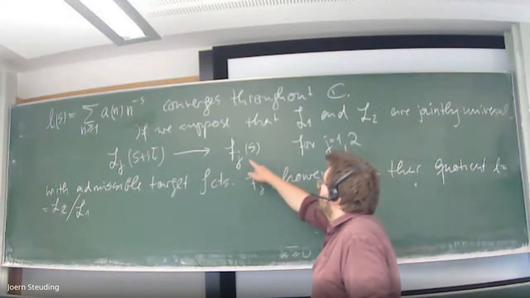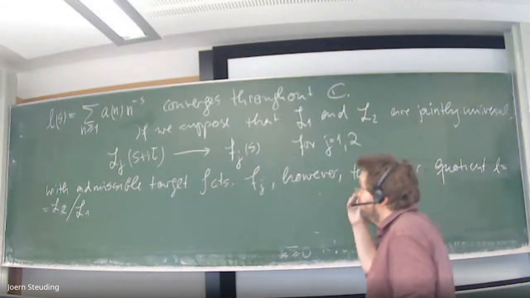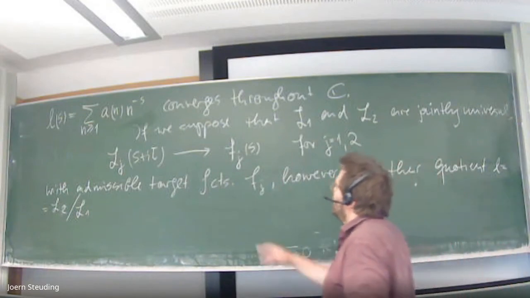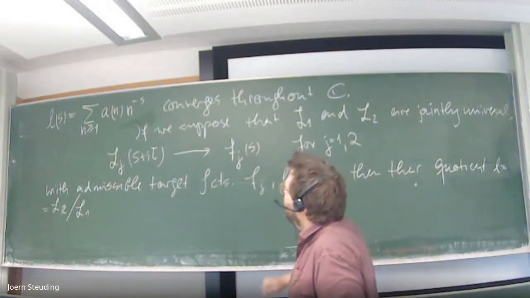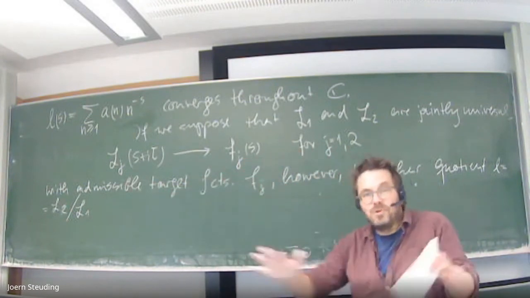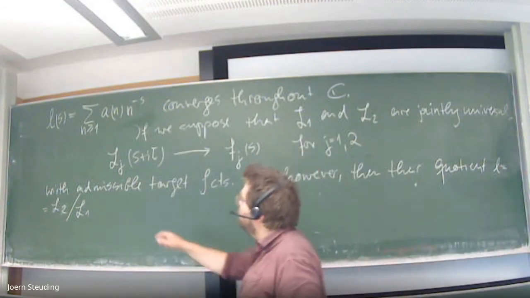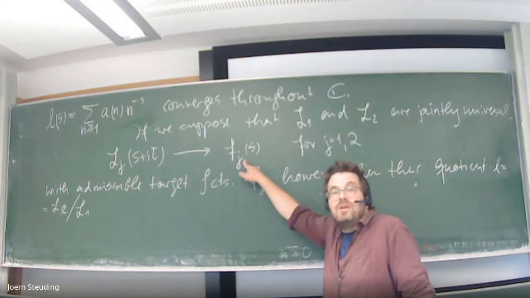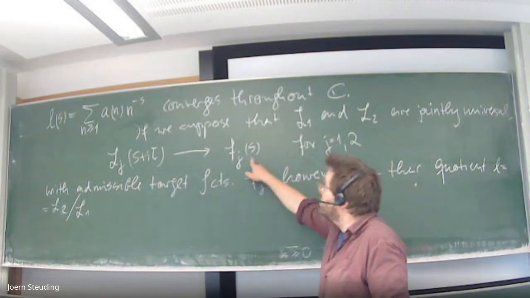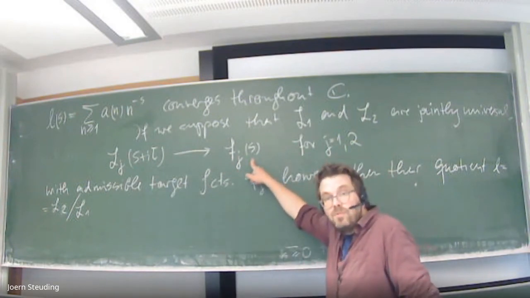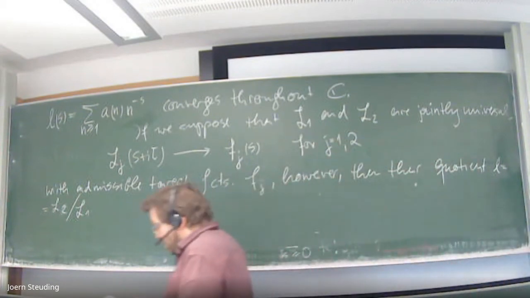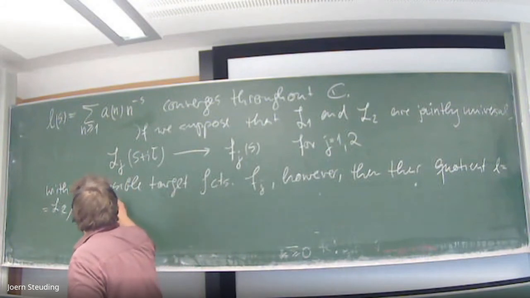If you want to approximate the function, let's say f, an admissible function, so analytic function, no zeros, what are you going to do? Well, for L1, you take the target function constant 1, and for L2, you take this function f of s you have in mind. The quotient of L2 and L1 with this shift then will approximate the quotient of f divided by 1, so the function f. So their quotient will be universal too,